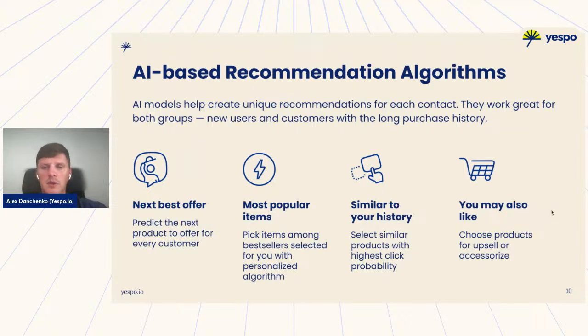And the last block is you may also like, which usually is used at the stage when I've made a previous purchase, or probably I already have some products in the cart. So this algorithm will be based on a slightly different set of customer data, because it already knows that I want to purchase one or two of the products, and the algorithm has to predict which products best accompany the products I already have purchased or already have in my cart.